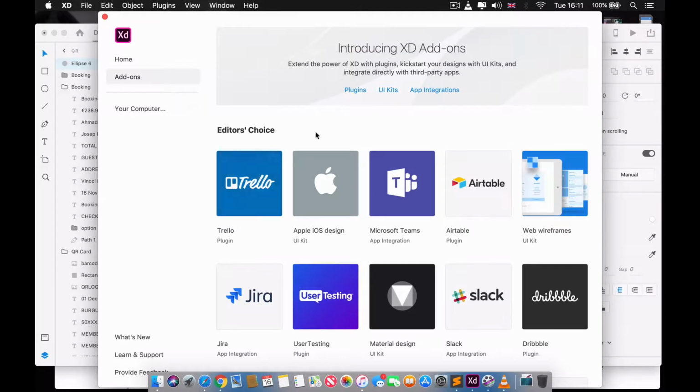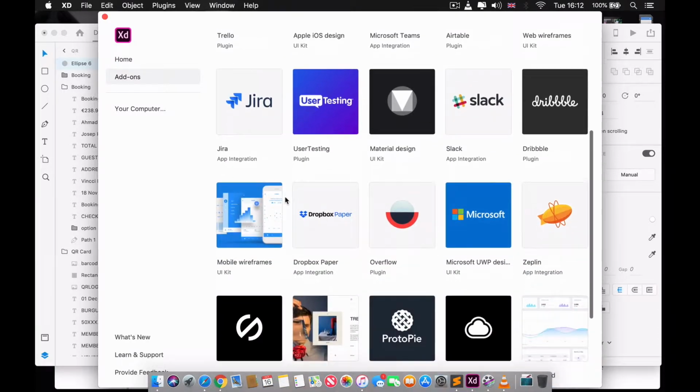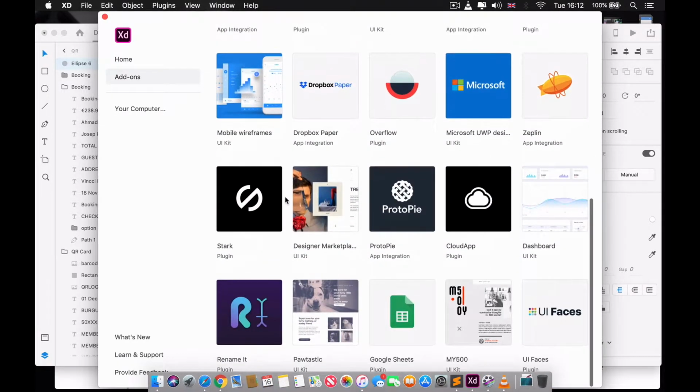So here we've downloaded this plugin that's going to help us, but we are just going to explain more about what is in this page that you are seeing. You see a lot of UI kits that are also going to help you if you are starting your UI or UX design for the first time, or if you're already familiar with that. These are pre-made designs that you're going to use, like some applications, to help you, but not all of them. You have to have your own